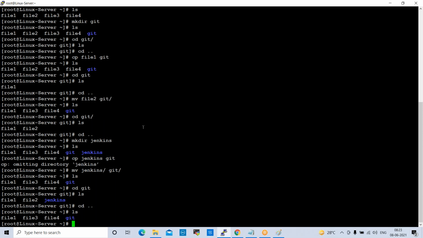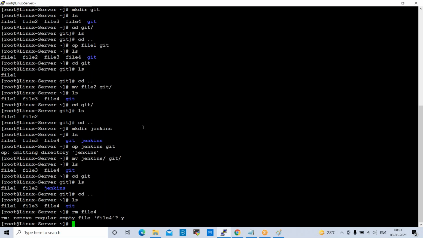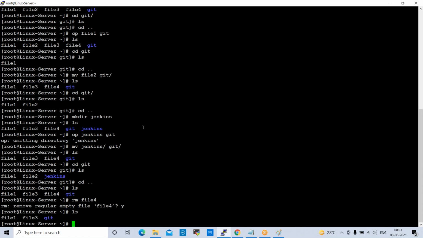Now I want to remove a file, rm file 4, enter. Okay, it is removed. Now if you check here with ls, you can see file 4 is not available. So if you want to remove files, you can remove them like this.